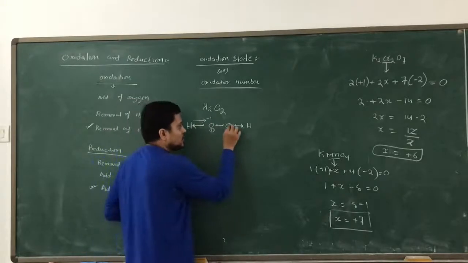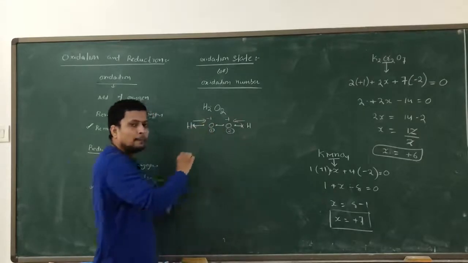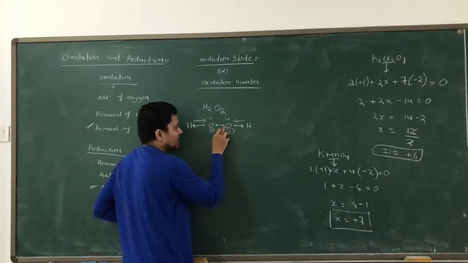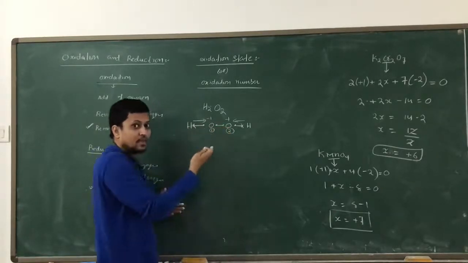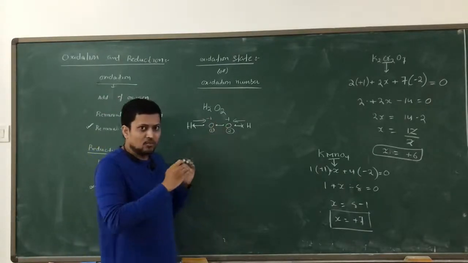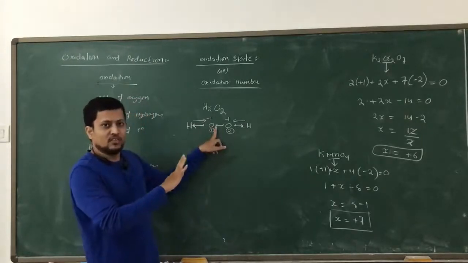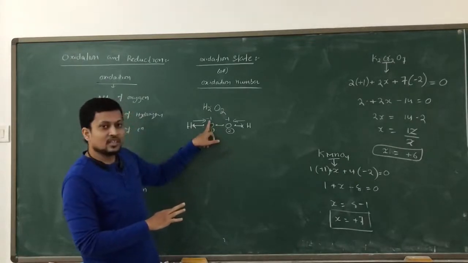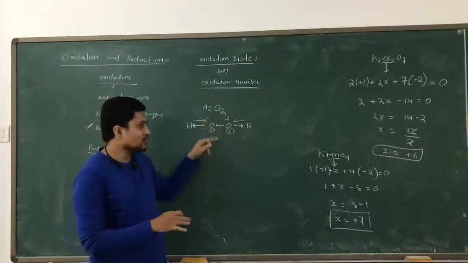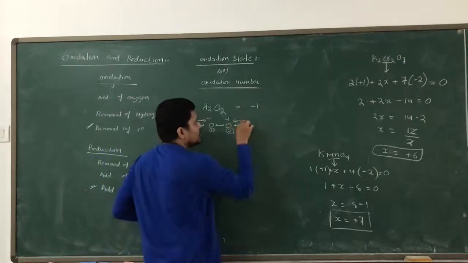Fine. And this oxygen is also taking 1 electron from this hydrogen because of high electronegativity. It is also becoming -1. Now what about this electron? Where will this electron go? Whether this oxygen will take it or this oxygen. No, both of them have the same capability, equal electronegativity. So these electrons are not moving anywhere because the strength is same. So the total charge of oxygen is -1 only. So now in this compound the charge on the oxygen is going to be -1. That means the oxidation state of oxygen is going to be -1.